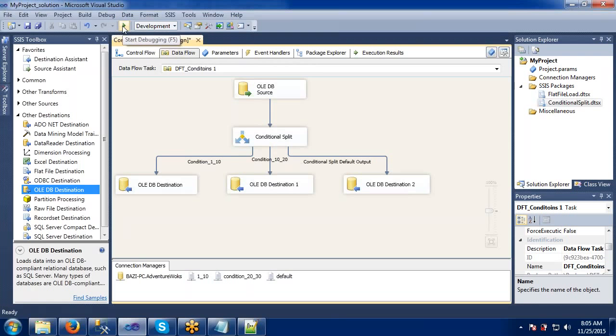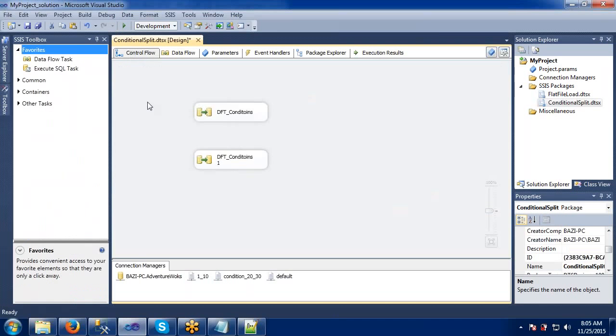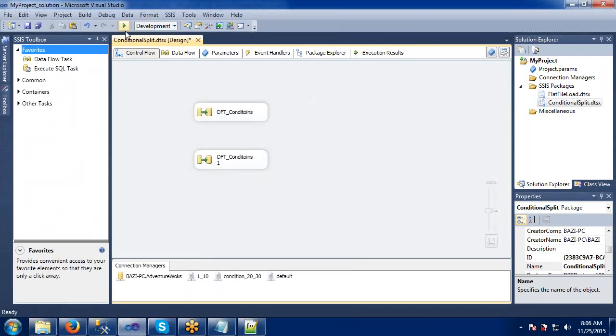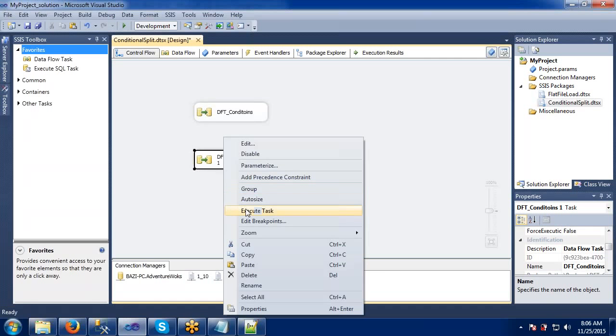If I say execute here, what happens is it will go to the control flow. What are the available things in the control flow? It will be started here, meaning it will execute everything. Now I want to specifically execute this one only, right? For that purpose, I am going to execute from only this task. Otherwise, if I start executing here, whatever things are available in the control flow, it will start executing everything. But here I need to execute this one only, so I am executing this task.